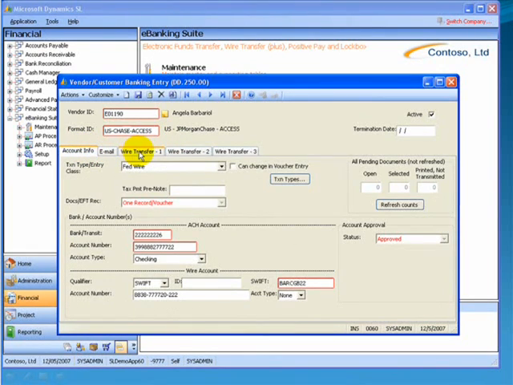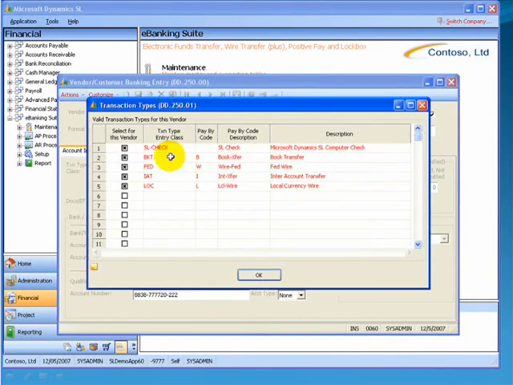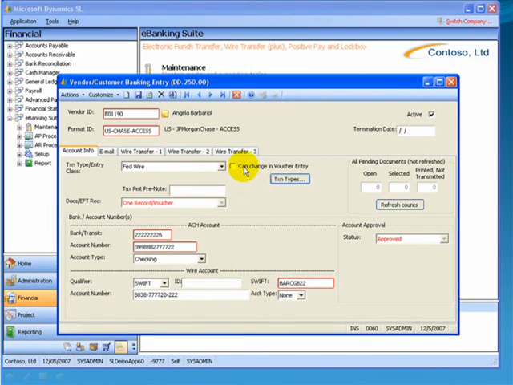Other than that, it's very much the same. The transaction type feature is identical. In this case, this Chase Access has these different transaction types that have been turned on: book transfer, Fed wire, local currency wire. And this individual can select any of those formats, including an SL check. And again, the option does not allow them to change it in voucher entry, and their default is Fed wire. So this is